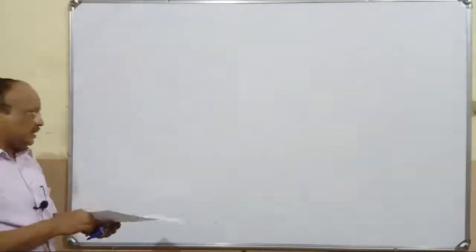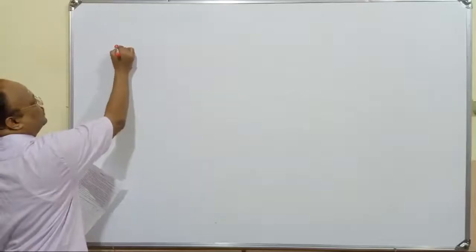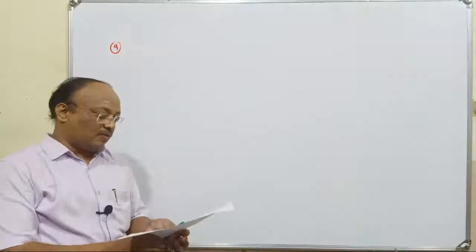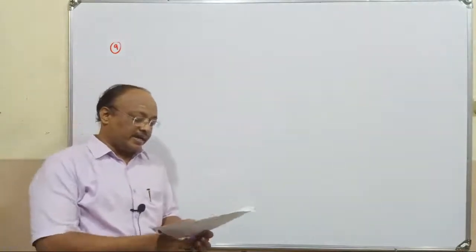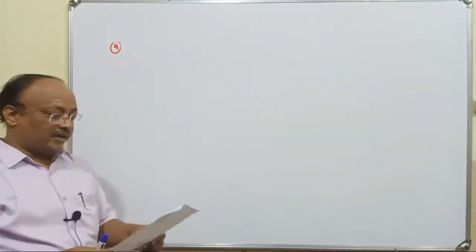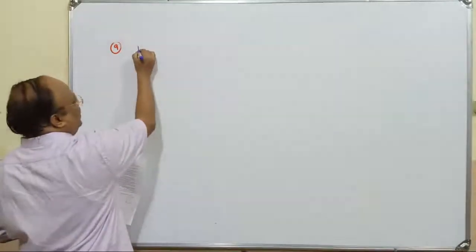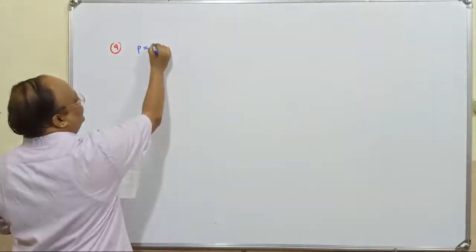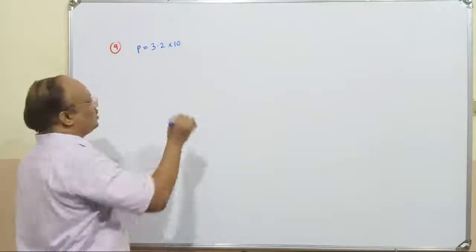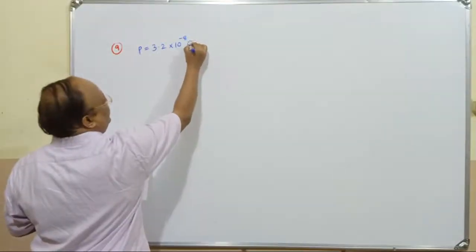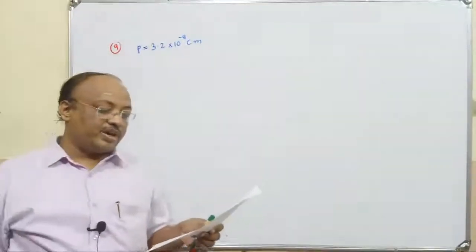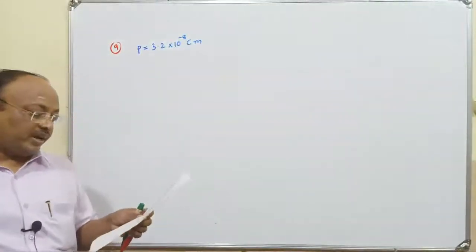The next question is a simple ninth question. Find the amount of work done in rotating an electric dipole of dipole moment P, which is 3.2 into 10 to the power of minus 8 coulomb meter,